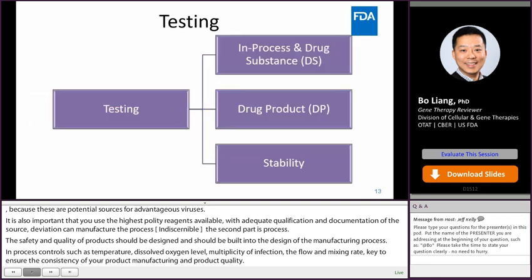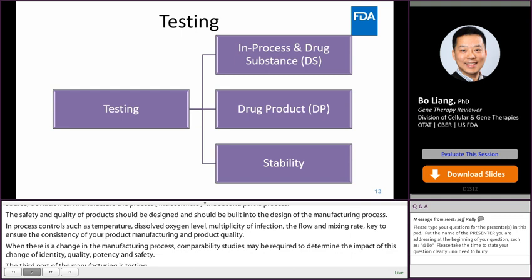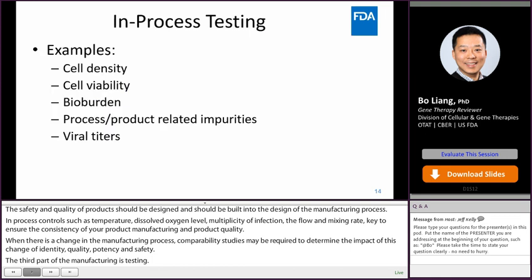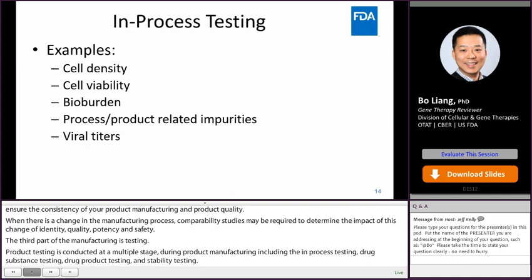The third part of the manufacturing is testing. Product testing is conducted at multiple stages during product manufacturing, including the in-process testing, drug substance testing, drug product testing, and stability testing. The in-process testing is conducted during the manufacturing process to collect information to facilitate process development and validation for later-stage product